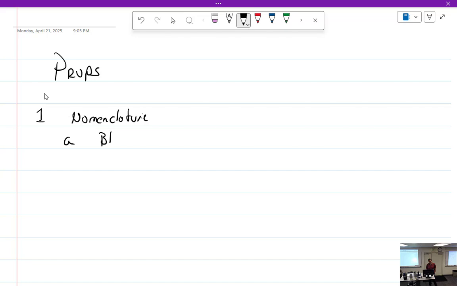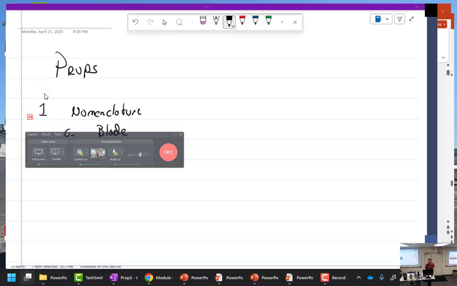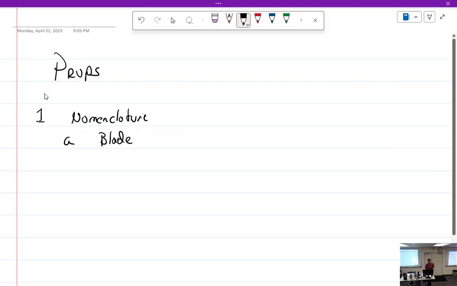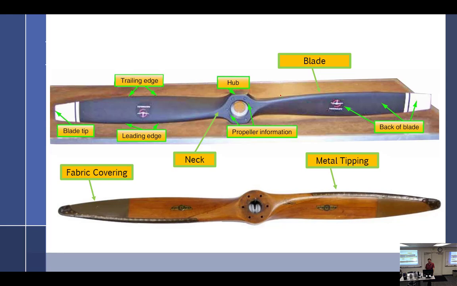Well, we've got the blade. And I'm not going to define them. Isn't that nice of me? Well, the blade is the thing that you would think is called a blade. I have a blade in here. I'm going to bring one in. Gotta be sharp. So obviously, this is the blade right here. There's blade. How many blades are on that prop? 2. All right, 2 blades.